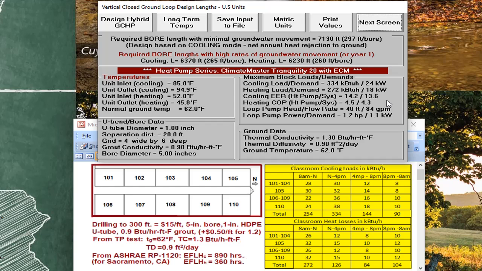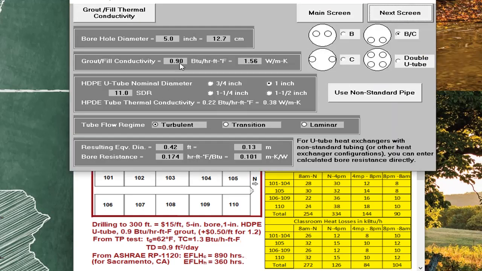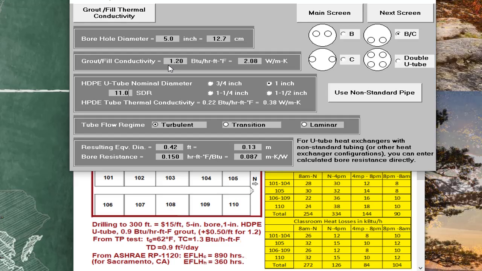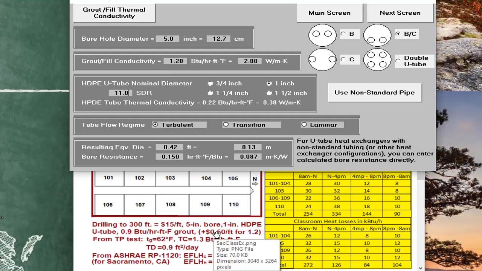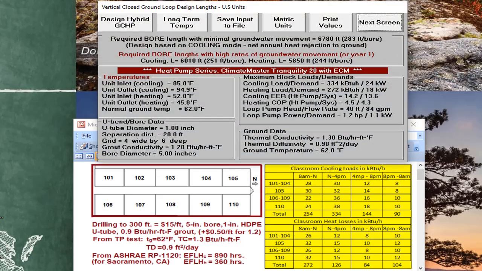Another thing we could do is say, let's try to see if we can get some better results using improved grout. So remember this number 297, and so we'll go to the next screen and we'll go into this button here and change the grout to 1.2. Okay, and that will cost us an extra 50 cents per foot on the bore. Okay, so we then go back to the next screen and calculate the bore length, and you see we dropped that number